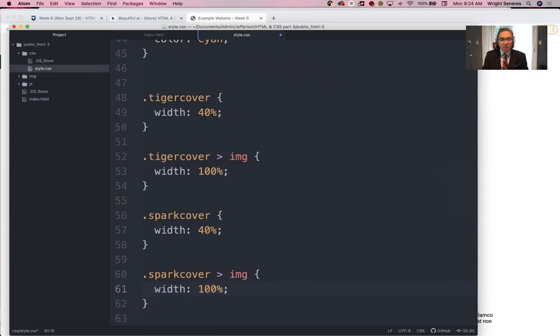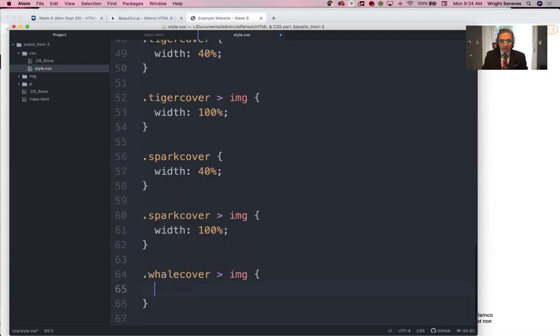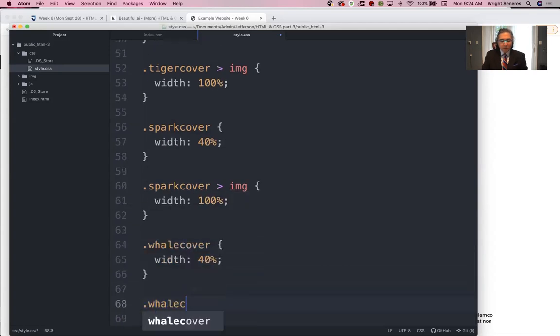So again, we want the width of the image to take up the whole size of the div that it's inside of. Same thing with whale. Whoops, let's get the head. Just whale cover, 40%. And then whale cover IMG